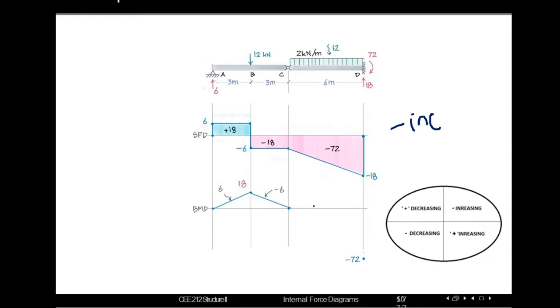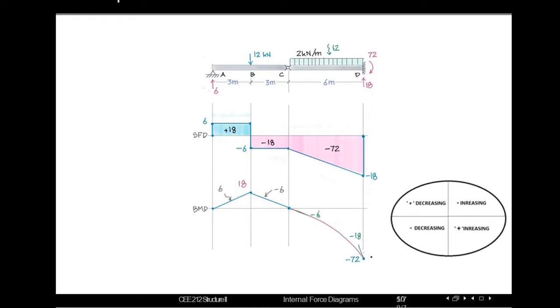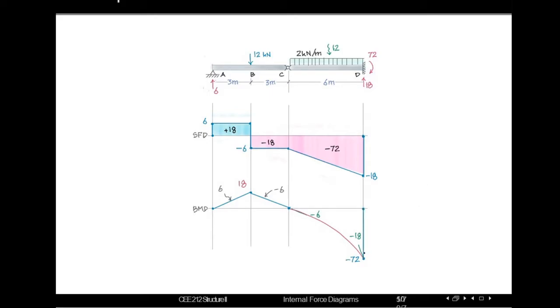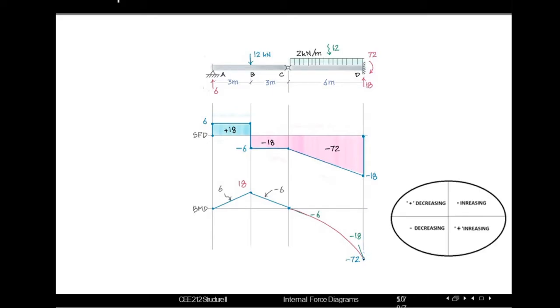So here the curve will be this one. So we need to draw something like this one. Actually, it has bended, so just plugging this line here, we can see this line here. So in total now we have reached minus 72, but still we can see here a support reaction which